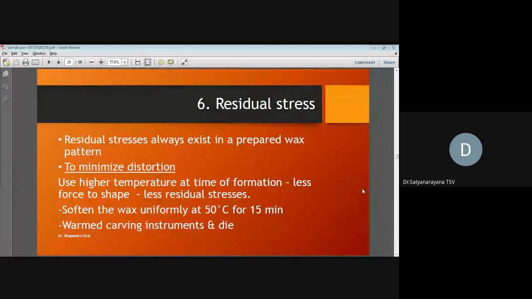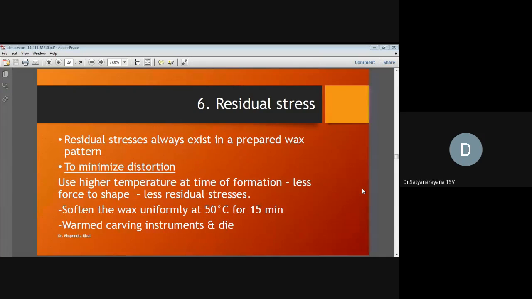Next comes residual stresses. Above the flow temperature, residual stresses decrease. Residual stresses always exist in a pre-prepared wax pattern. That means you are heating it to a higher temperature, so obviously the flow is more, and the other properties are going to get increased. As the temperature is decreased, your other mechanical properties like compressive strength and elastic modulus will reduce. So when they are getting minimized, because you are fabricating at higher temperatures, to minimize the distortion, that means change,